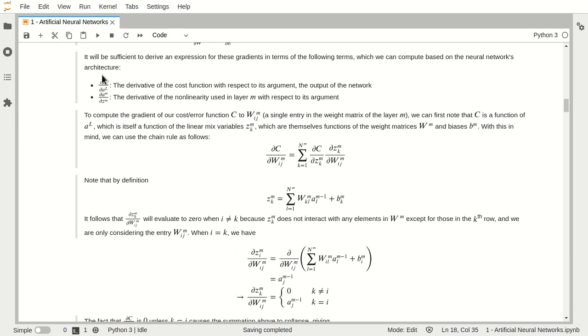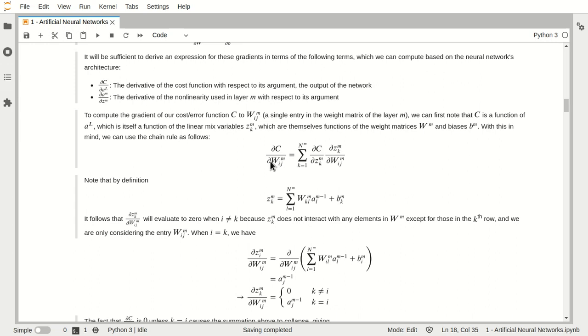This is a kind of partial derivative calculated from a single function itself, and then we will try to calculate this particular equation in this way. So this is delta C upon delta AL, delta C upon delta W mij.